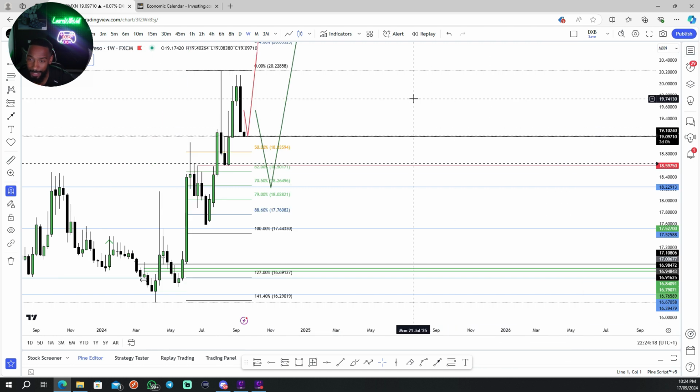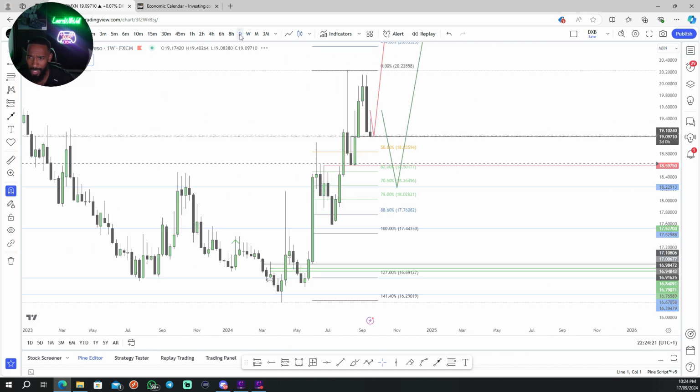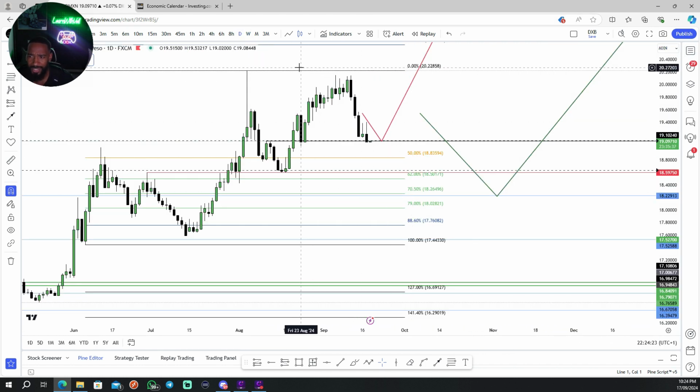Now, my alert went off today, which is really good because we're approaching areas where we would like to see how price responds before we potentially think about going long. Now, we know the interest rate decision is taking place tomorrow. I would like to see price come down into our buying territory. Price needs to come beneath this 62% or on it. And if it can do that, guys, we are going to be going long on this.